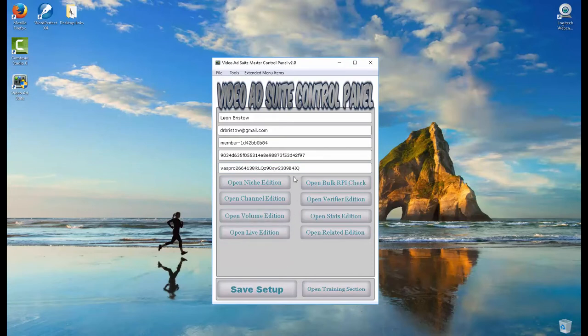Video Ad Suite has two editions. The first one will have 4 tools in it, which is the lower price. The second one will have 8 tools in it, which is the Pro Edition. The basic comes with the Open Niche Edition, the Open Channel Edition, the Open Volume Edition, and the Open Live Edition. The Pro will add the Open Bulk Checker, the Open Verifier Edition, the Open Stats Edition, and the Open Related